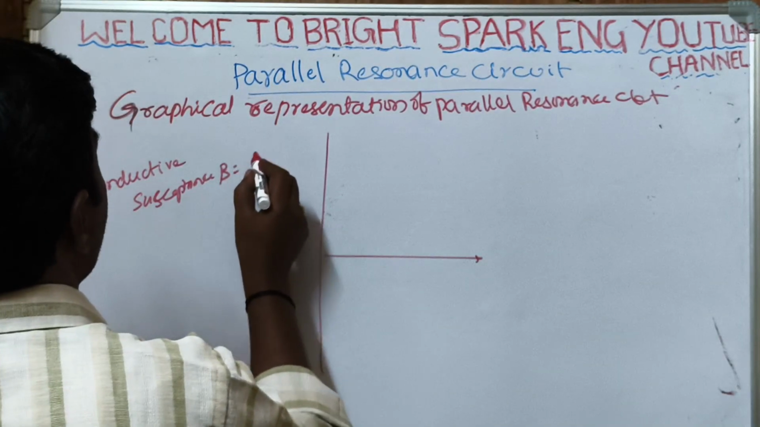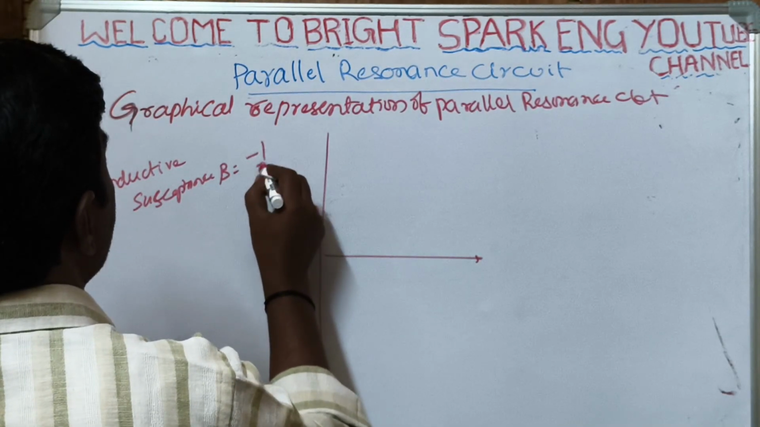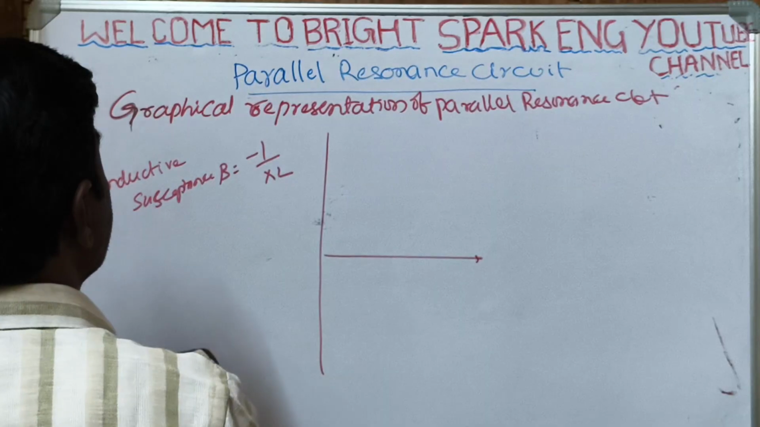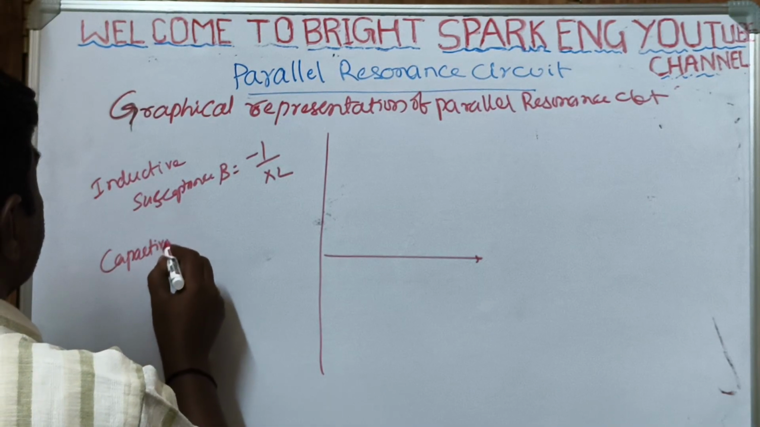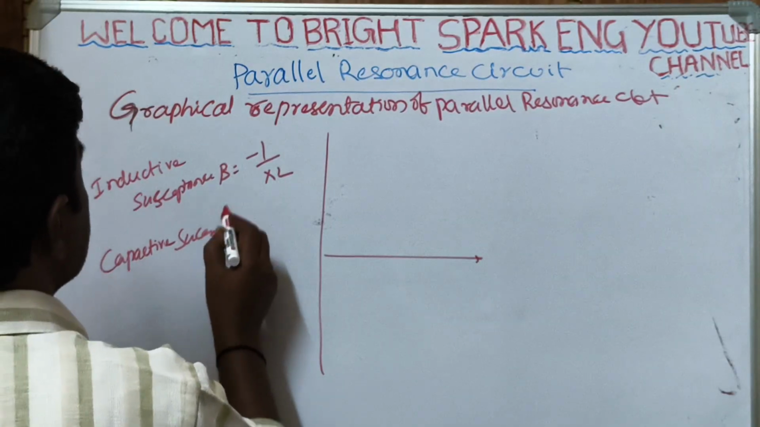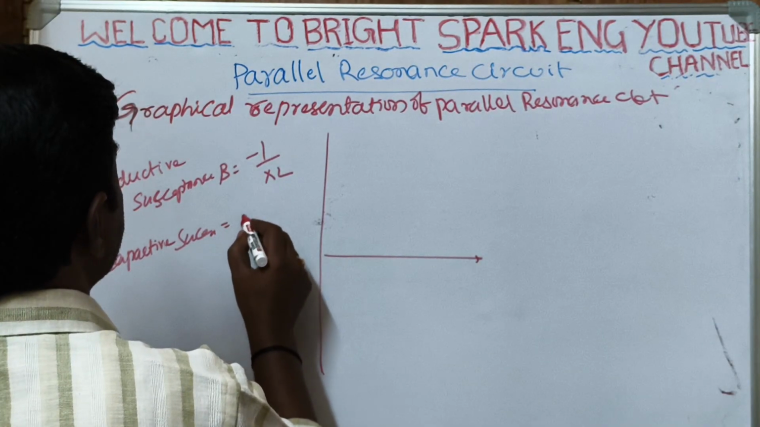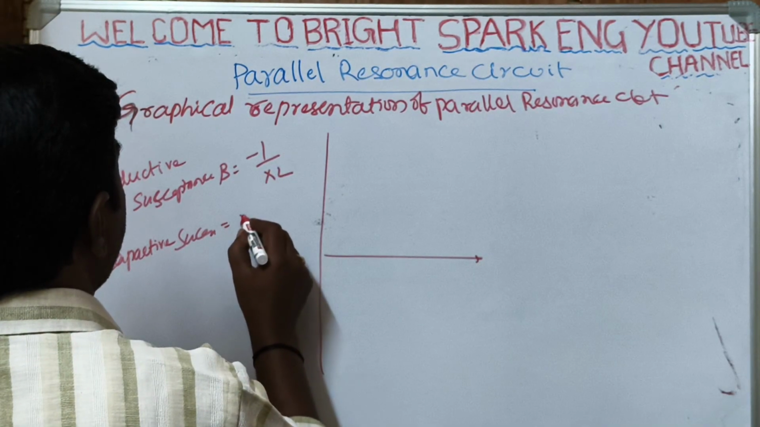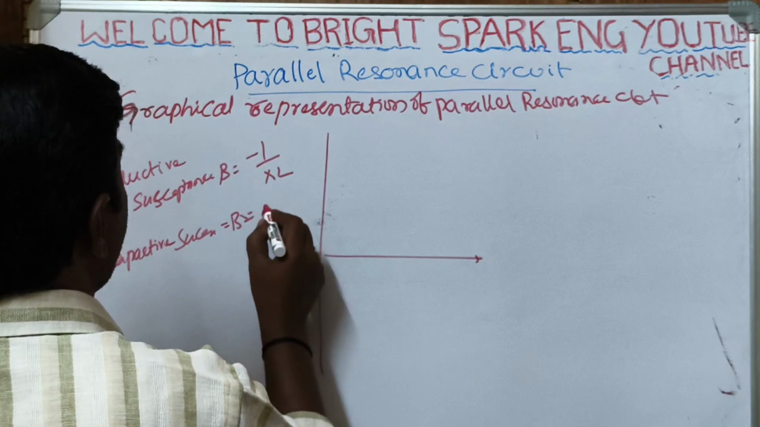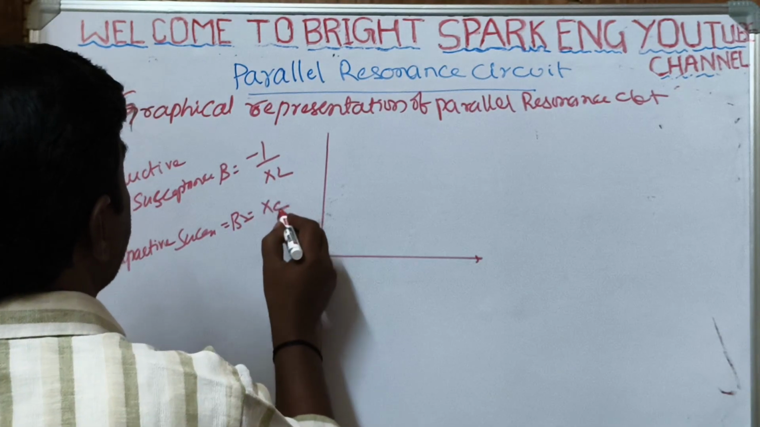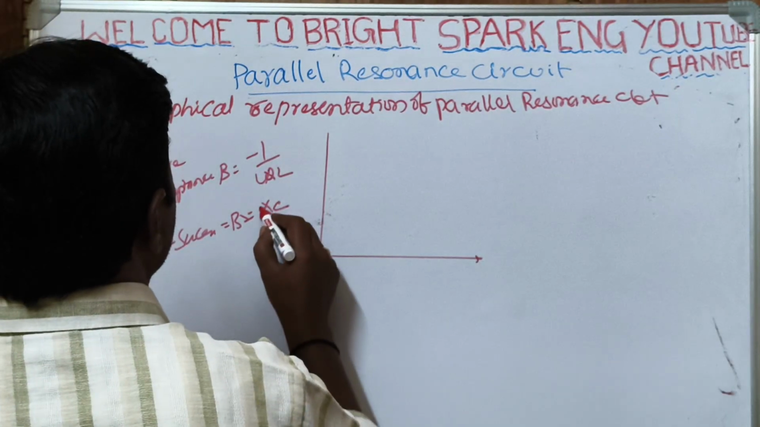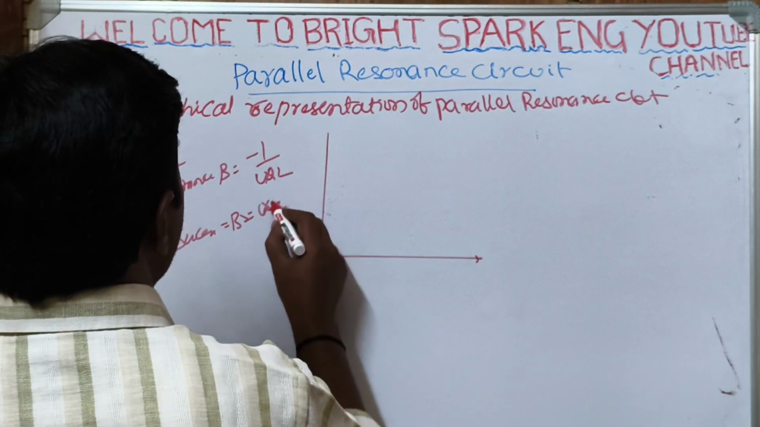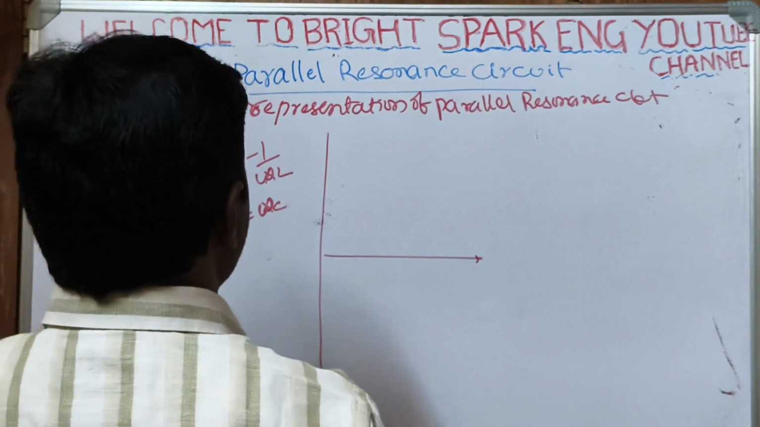B is equal to minus of 1 by XL. Capacitive susceptance is equal to B is equal to 1 by XC. This is omega L, here is omega C. Okay,